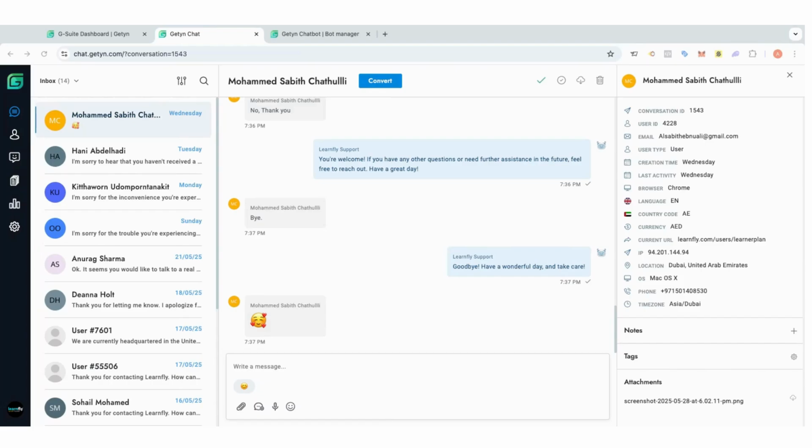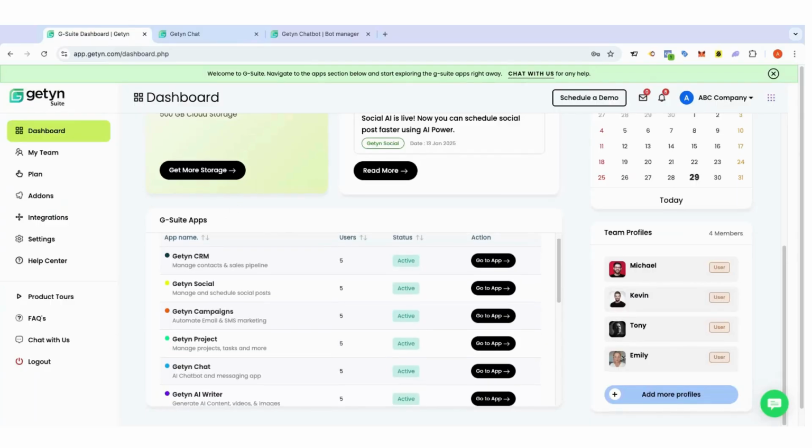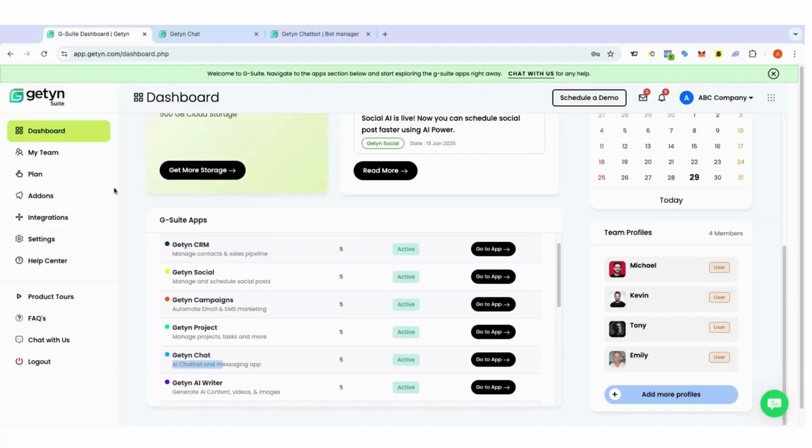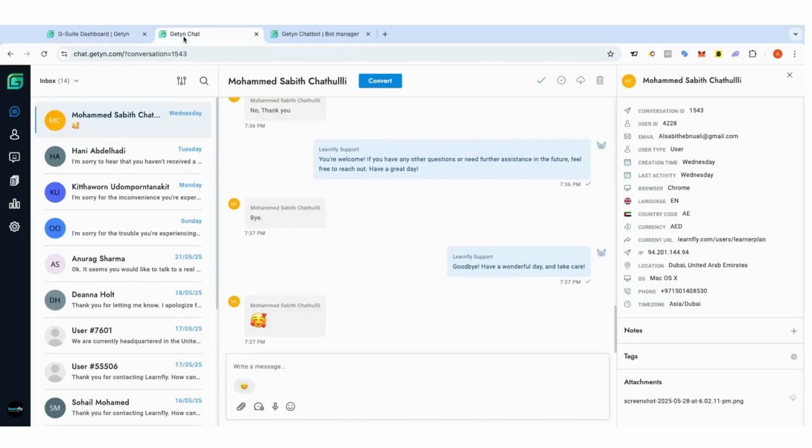And as always, before we start, I would like to tell you about the login process into this application. So if you have recently signed up for the Getyn G Suite plan, then you automatically get access to Getyn Chat application. So once you're logged into your Getyn G Suite, you can simply scroll down and here you can see the Getyn Chat application mentioned over here. So you can simply click on go to app